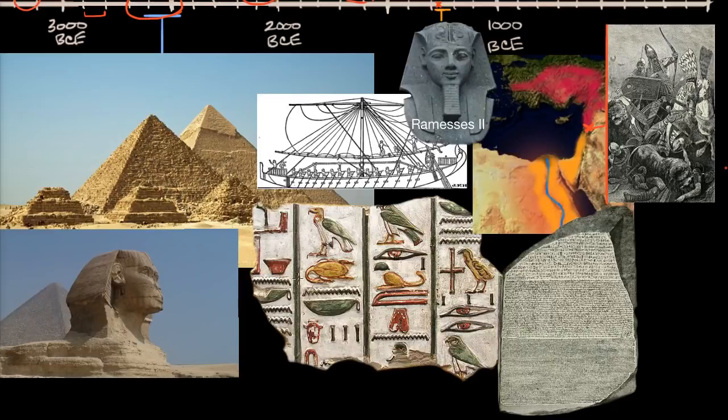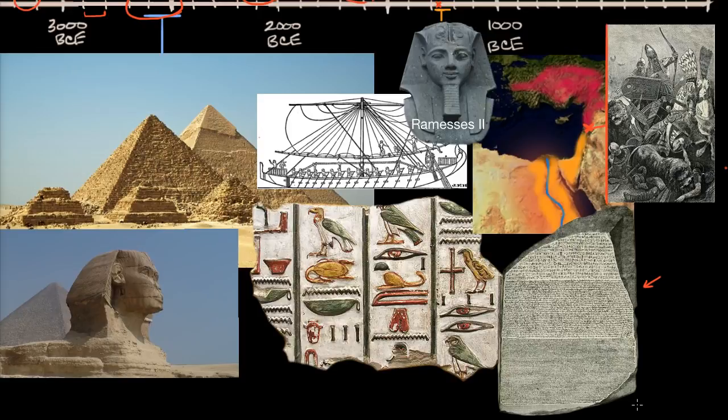We would see these inscriptions in these tombs, and we had a sense that, okay, these tombs, especially things like the pyramids, would be for these great kings. We could tell that it was a stratified society, that nobility had better tombs than others, but we didn't really have a good sense of what was going on until we discovered this, which is the Rosetta Stone,